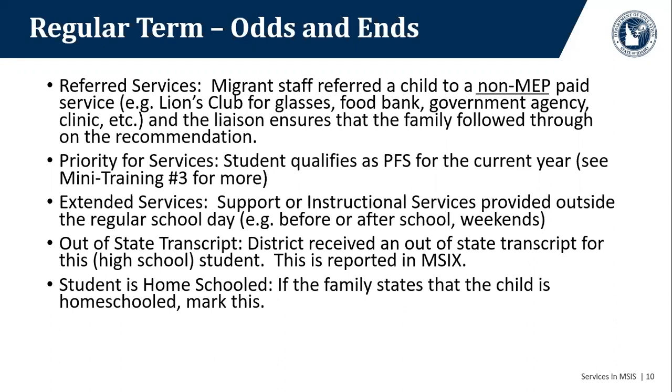Out-of-state transcript, this is something we added to MSIS because it is reported in M6. So if you have a student and you look in the CUME file and you see that this high school student has a transcript from Oregon, then you would check the box that says you have one. And what that means is anybody in the M6 system that sees that could potentially call you and ask you to tell them what's in there or send it as a fax or in some way get them the information.